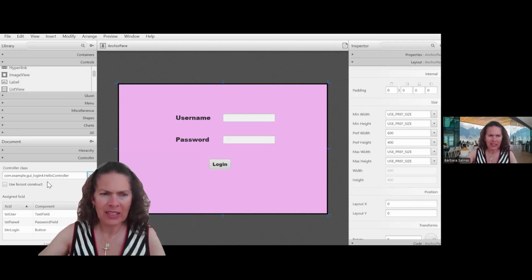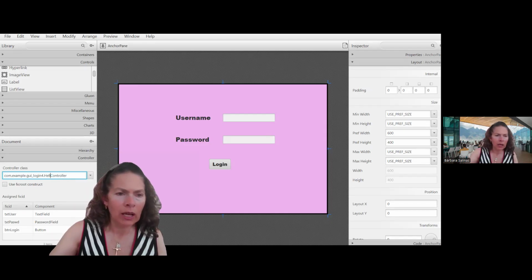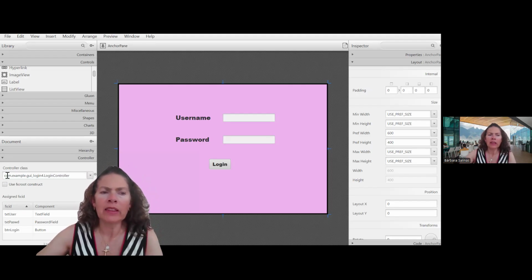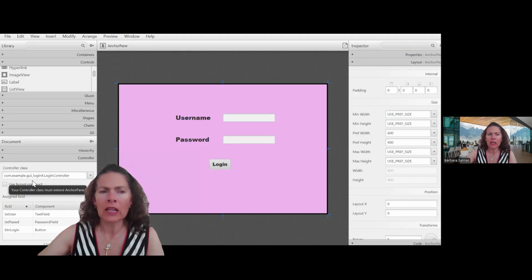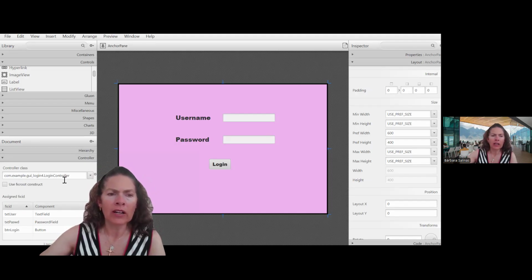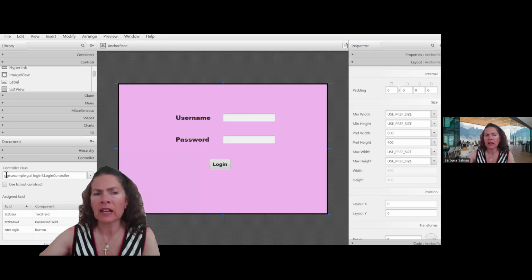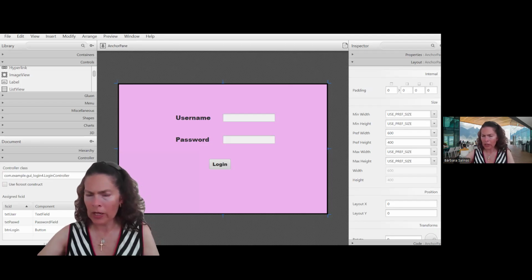Can you see the error? So we have to change something. Instead of hello, as we already refactored for login, we have to type capital letter L, login controller, okay? And remember that this is the syntax that we use to make you see that the login controller is inside the GUI login 4 folder, and the GUI login folder is inside the example folder,